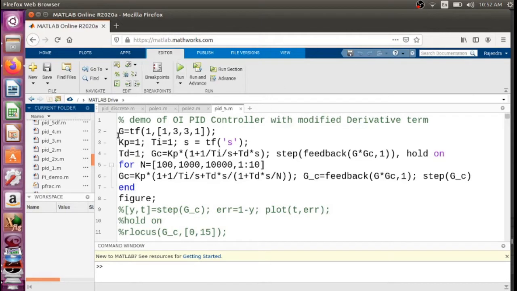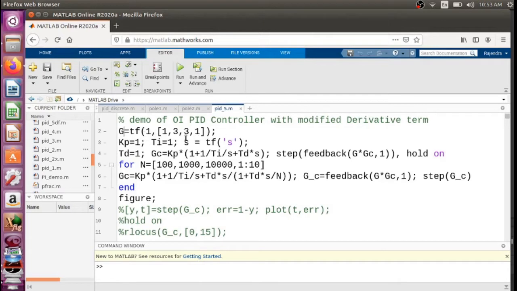MATLAB has a function called transfer function. I have a plant, this plant is G, and G is expressed as a transfer function.